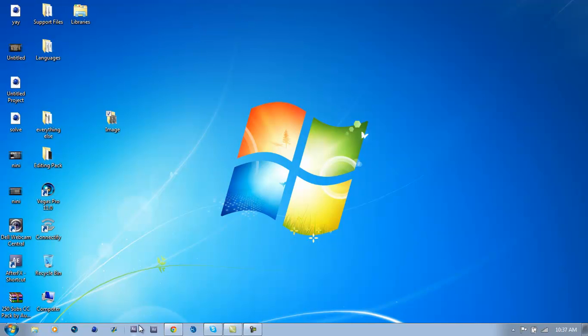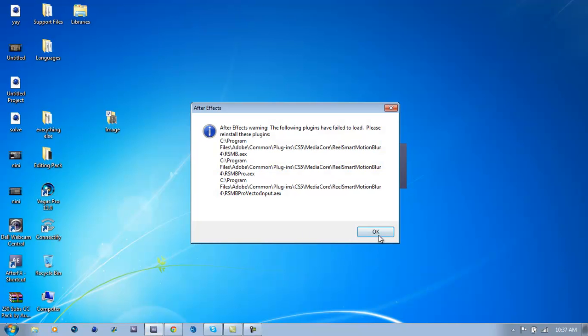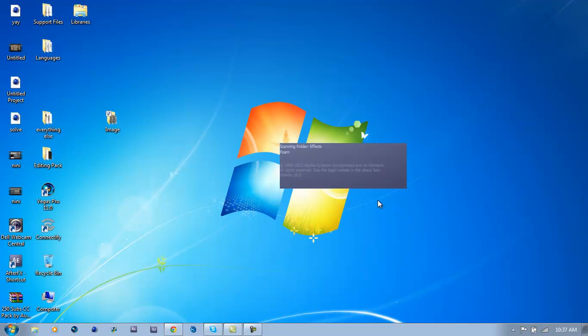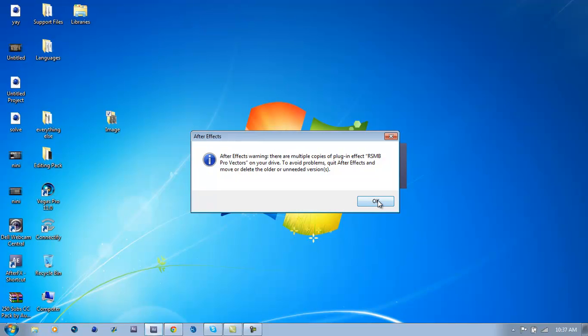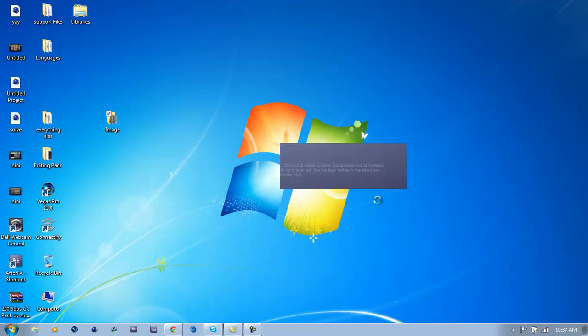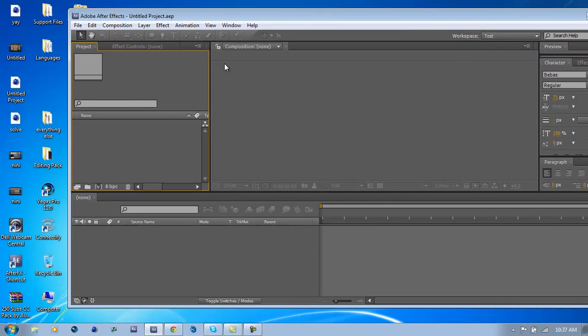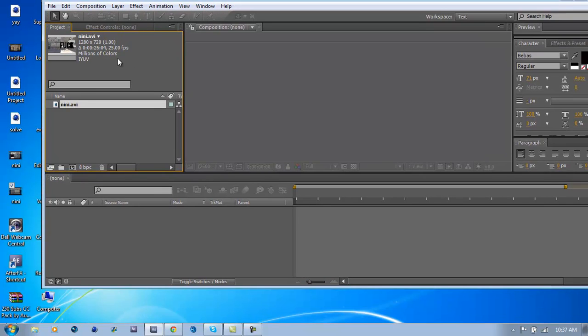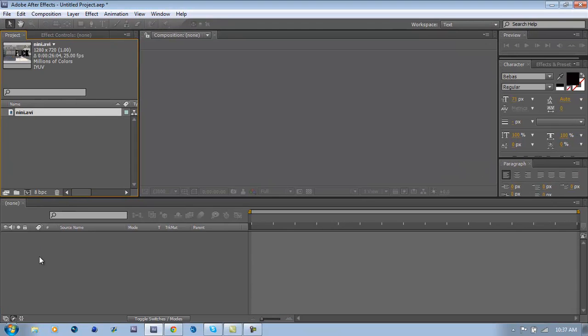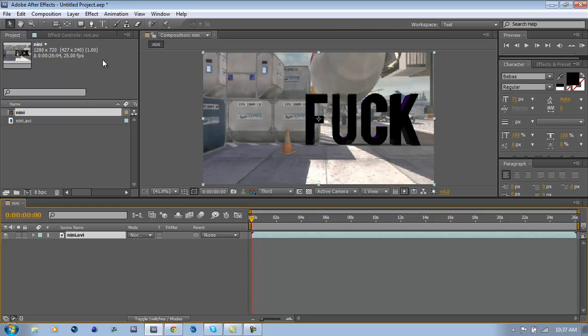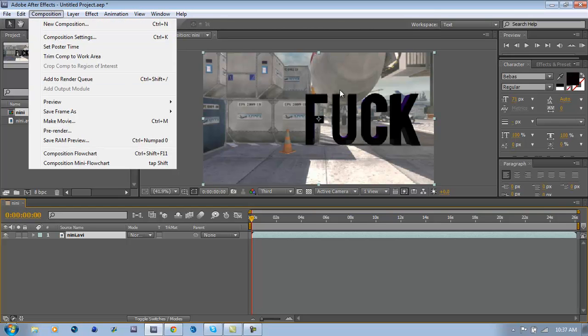So basically all you need to do is go into After Effects. Just hit this. This stuff only happens for me. I don't know why. It's just some effect error thing. That's fine. Okay, but anyways, I'll just import this. So you just put it there, and then, just pretend this is the cinematic, just go to add to render queue,